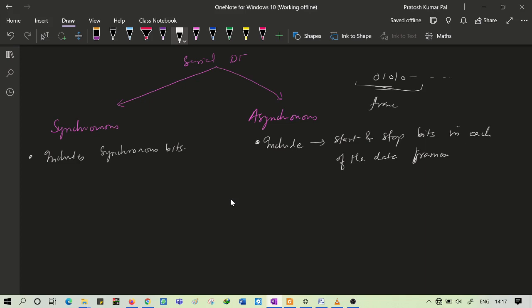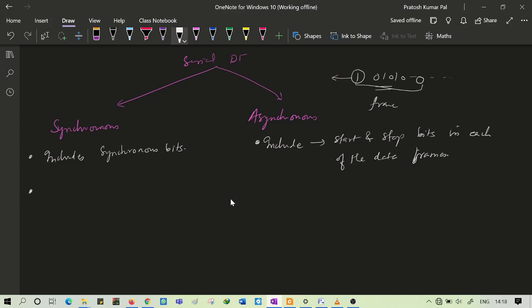Into that it will include one start bit and one stop bit. After receiving this start bit, whatever data is being received will be considered as the data. And after the stop bit that we have received, there is no further data transmission taking place through the serial communication.